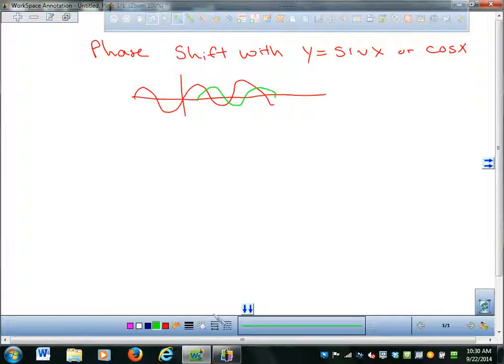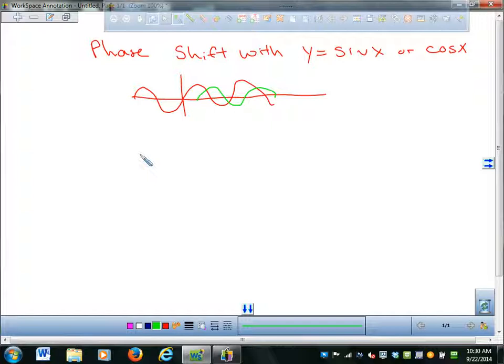Yes, sir? Don't you just put like x plus 1 or x minus 1? Yeah, but it gets a little bit more complicated because you have the frequency in there as well. So it's like that, except the way they. So let me just